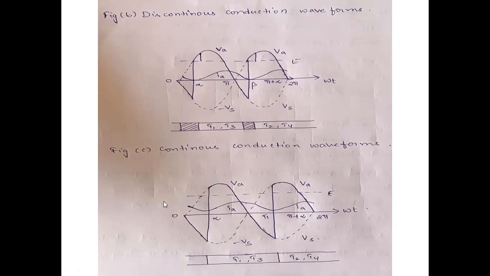So the maximum voltage magnitude is Vm, and the wave is a sine wave, Vm sine omega t d omega t. If you integrate this from limits alpha to pi plus alpha, you will get 2 Vm by pi cos alpha. From the equations of torque, as I already said in the previous chapter, torque is equal to K into Ia, E is equal to K into omega m, and omega m is equal to V by K minus Ra by K square into T.